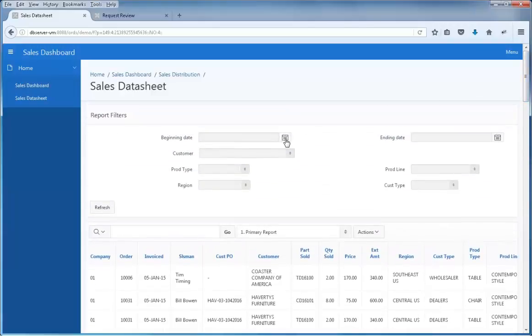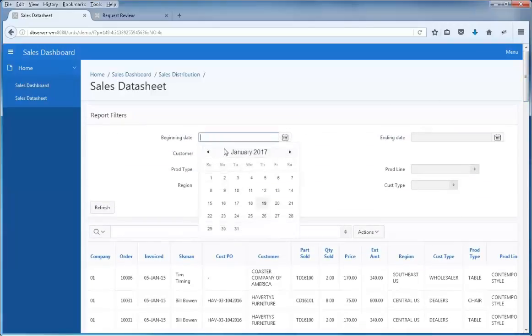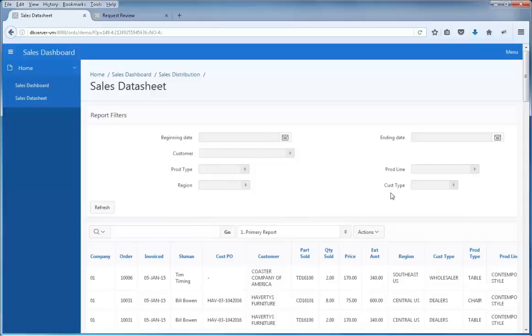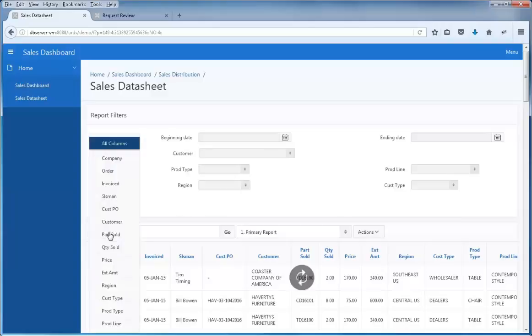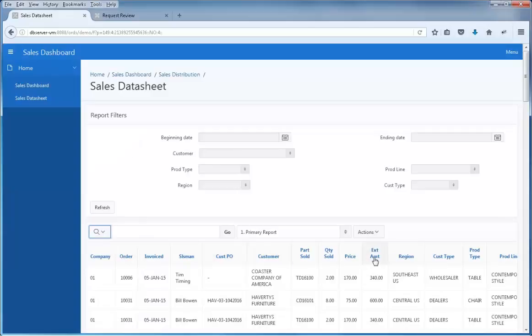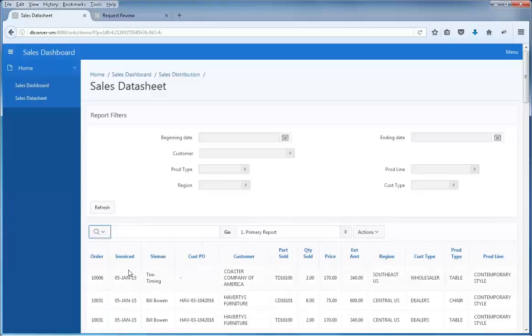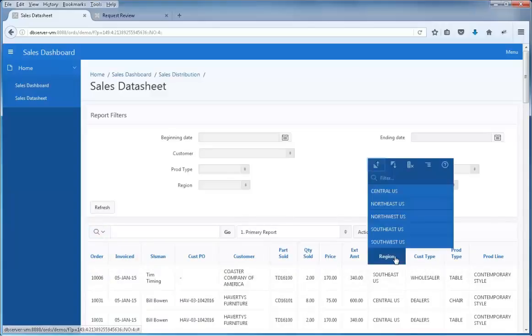At the top, once again, you can sort by dates or leave blank and filter by product types, product line, customer type, or region. You also have the ability to filter here as well on a certain column. You also have the ability to remove columns and add columns. So simply clicking on a column header and hitting the X will remove a column, or you can simply sort